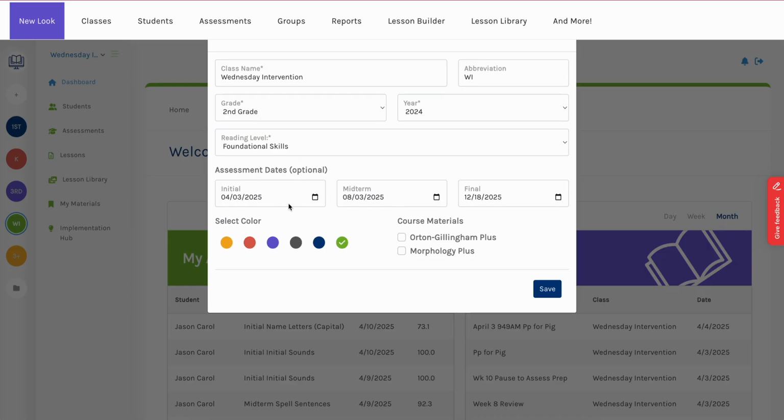Your assessment dates, which are optional, allow you to see the assessments that fall into initial, midterm, or final based on whatever date you set it to, which also makes your view a little bit cleaner. Your materials over here also are set by what your trainings happen to be. So if you're OG Plus trained, or if you are morphology trained, you can see materials based on that, but you can set it for the class as well. So if my second grade Wednesday intervention is only looking at OG Plus materials, we can set that right here. Again, you can see it and bring it back at any point, but you can set defaults here